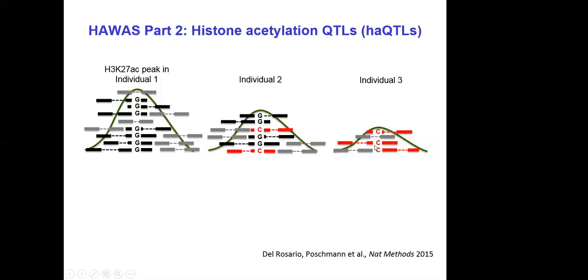The CC homozygote has a very small ChIP-seq peak, so presumably that mutation reduces the activity of that regulatory element. And the GC heterozygote has an intermediate height ChIP-seq peak, but most of the ChIP-seq reads come from the G allele, not from the C allele, because the C allele reduces activity. So it makes sense that the C allele contributes less to the ChIP-seq peak. So you have fewer C reads that overlap the C allele than overlap the G allele.